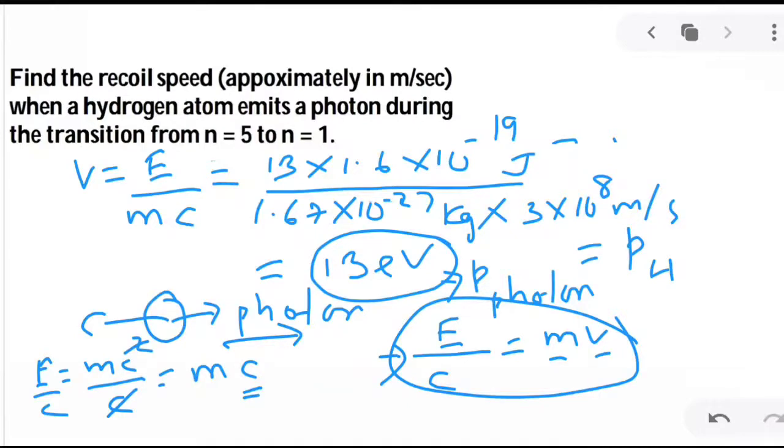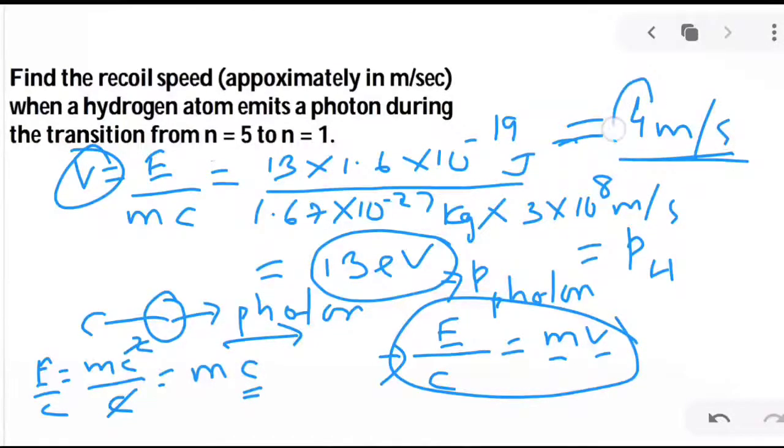If you simplify this, you will get 4 meter per second. So the recoil speed is 4 meter per second. This is an integer type question, so you have to give the answer as